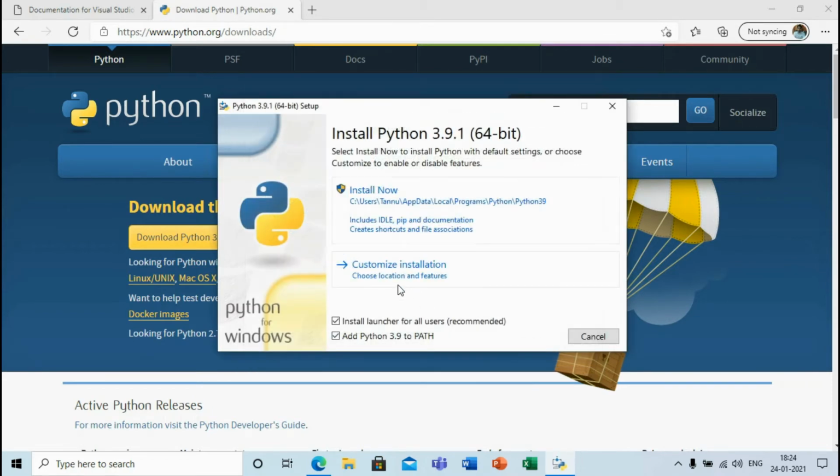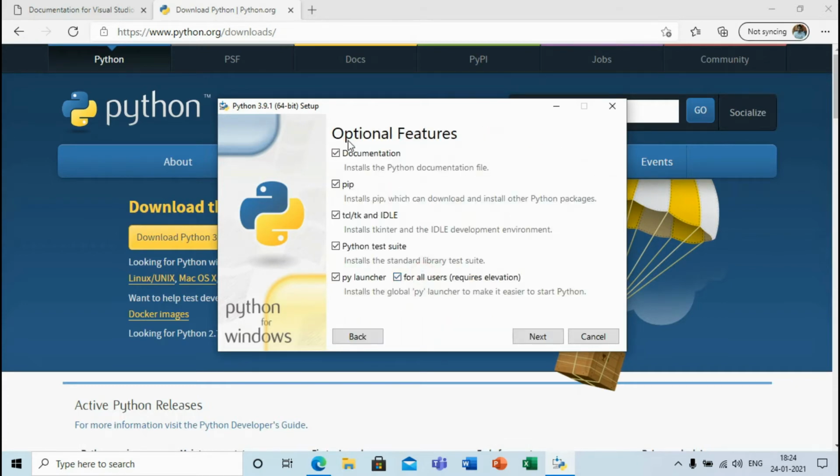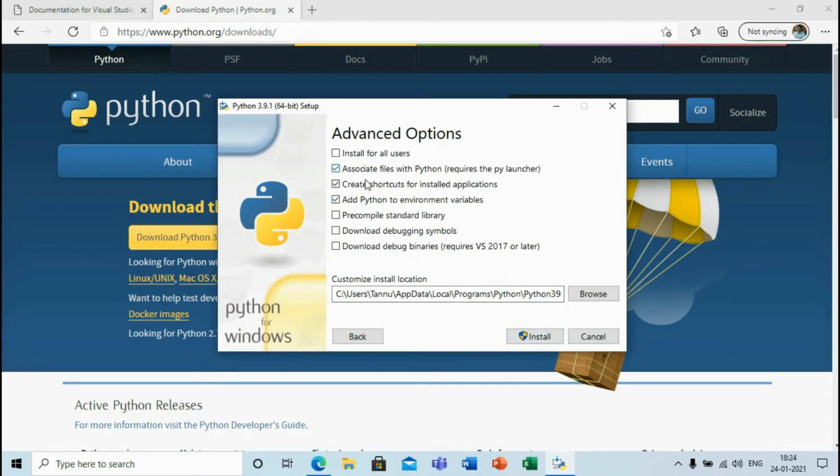And guys, we have to click on customize installation, so click on this and make sure all of these are checked and click on next, and you have to check only this option, install for all users, and now you have to browse the location.